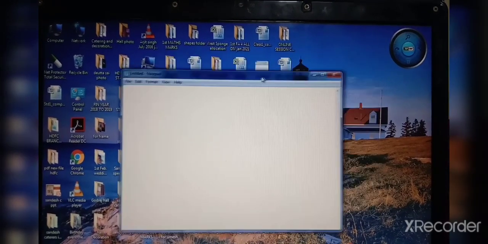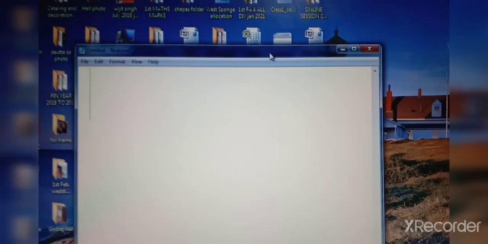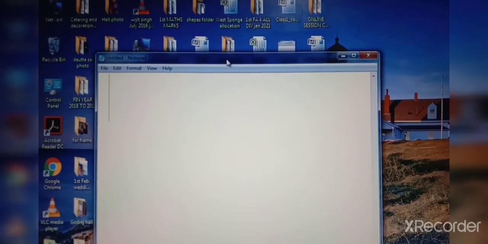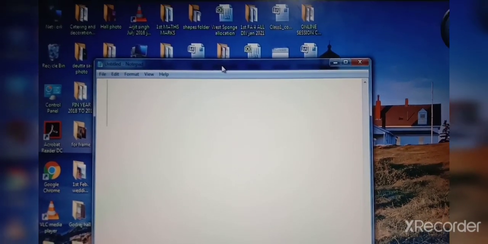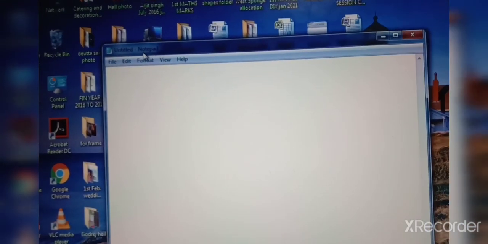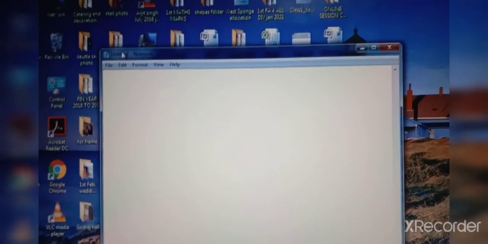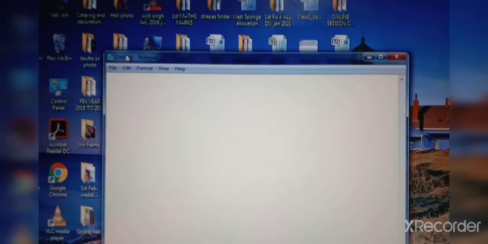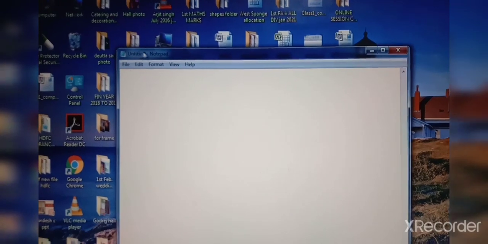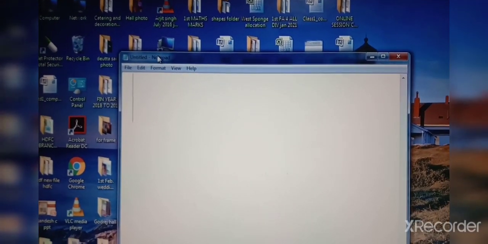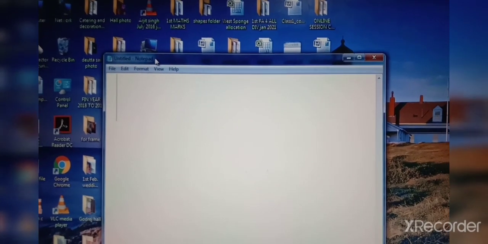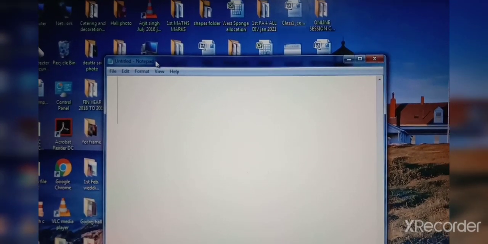Okay, now see here children, this first blue bar is the title bar. On this you can see Notepad and Untitled. This is not saved, that's why it is untitled. The name of the file you can see on the title bar. The title bar displays the name of the file and the program name.